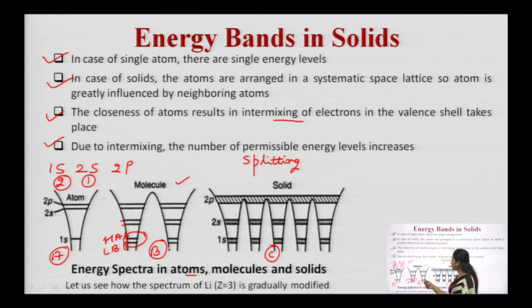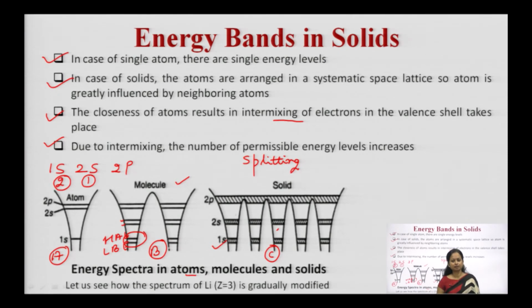So this is how you can understand it when you are studying the solid. Since it consists of a larger number of atoms, each and every level has energy, but these are differentiated by a very small amount. Like one level may have 1 electron volt, another 1.05, another 0.95. So it is not possible to draw each and every level. So what happens actually? All the energy levels are combined into one band, and that kind of band is drawn over here.